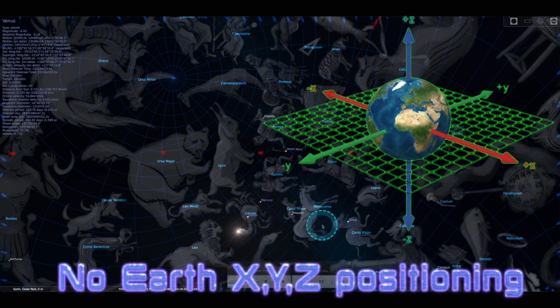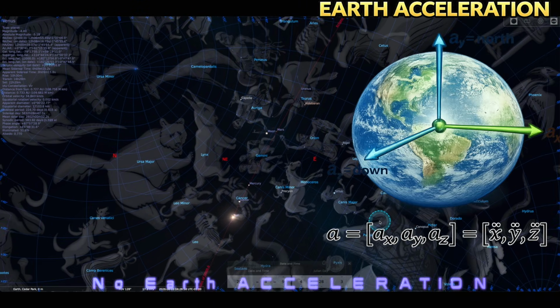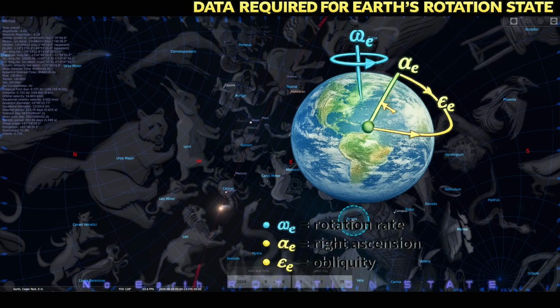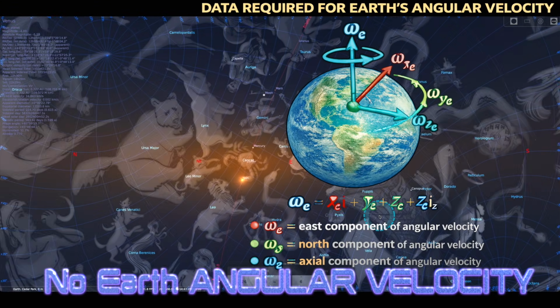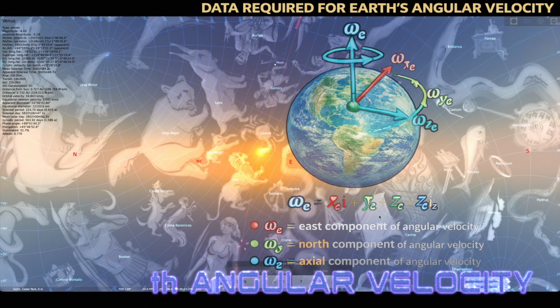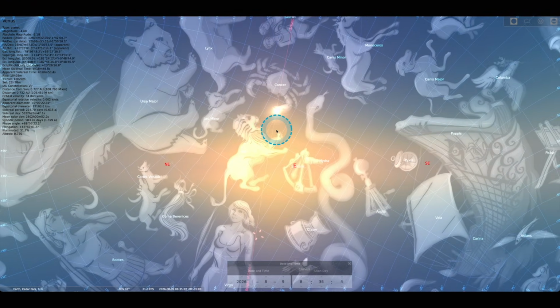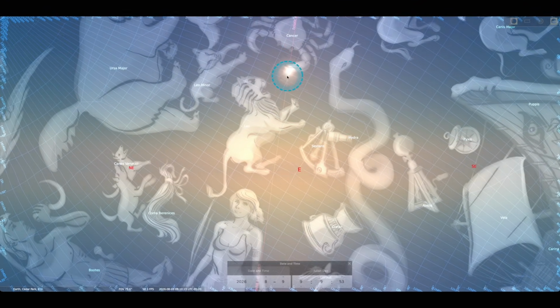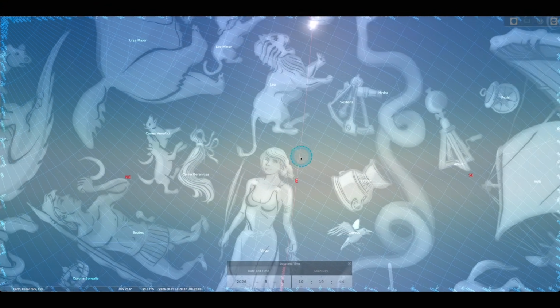No Earth XYZ position, no Earth orbital velocity, no Earth acceleration, no Earth rotation state, no Earth angular velocity. Only the Sun, Moon, and wandering stars change position. All other stars remain in exactly the same positions relative to each other. For those of you with good spatial awareness, you will immediately understand that for that to occur, Earth cannot be